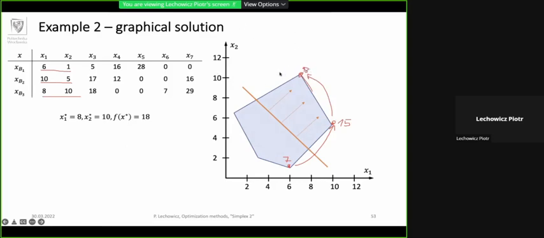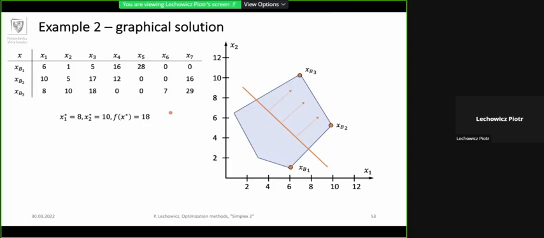And from this point, all the reduced costs were negative, so we cannot move to any vertex to increase the objective function. So if we had a minimization problem, it's required to multiply this value by -1, so we know that the value of the minimization problem is equal to -18. So this is how the simplex works in the two-dimensional case. Obviously, in more dimensional cases, it's not possible to visualize the way how this method works,